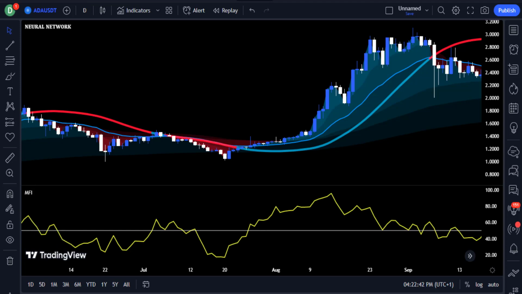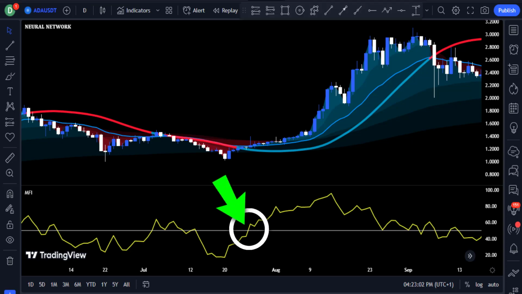The money flow index can generate several signals. That is why we combine it with this neural network for effective and accurate signals. For example, here, when you see this MFI line cross above the center line, the price has also crossed above the HMA line and the 200 EMA line of the neural network indicator, which is a confirmation to this long trade entry